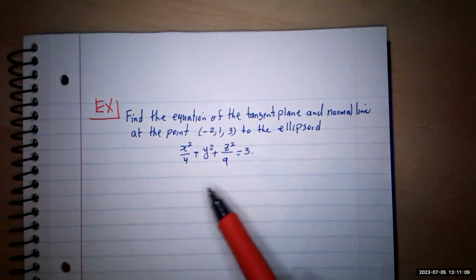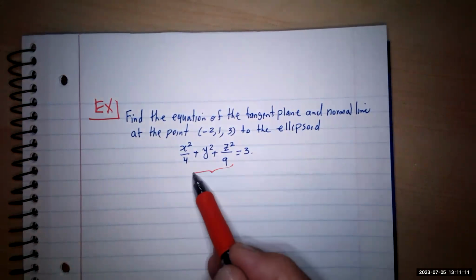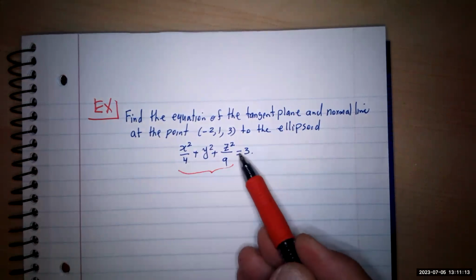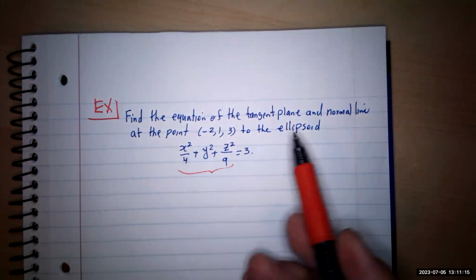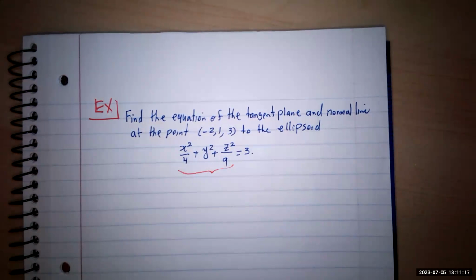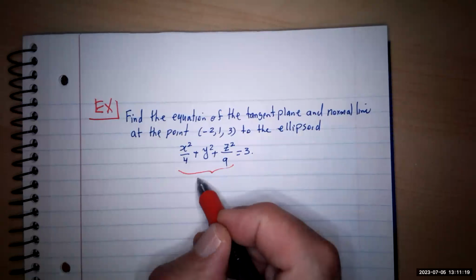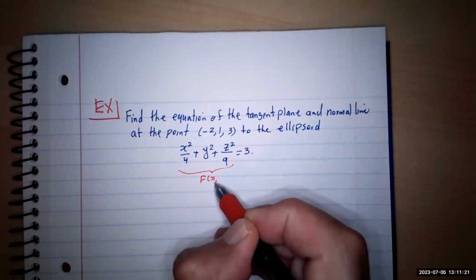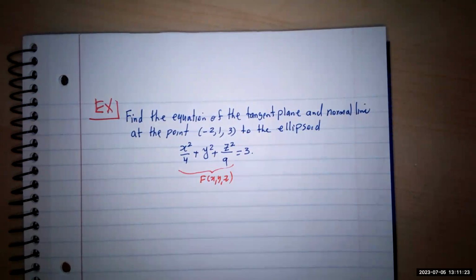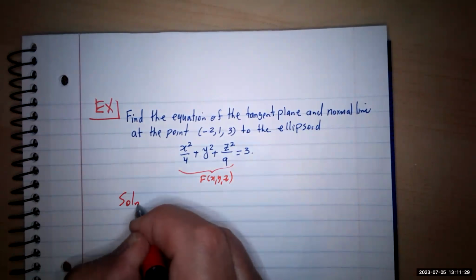So you can take this one to be your function. Okay, that's it. In your book, even they bring the -3 to the other side and they call it that function, but it will be fine. We call this one f of x, y, z, and we work on this one, because we differentiate and the derivative would be 0, nothing to worry about. Okay, so the solution is going to be,